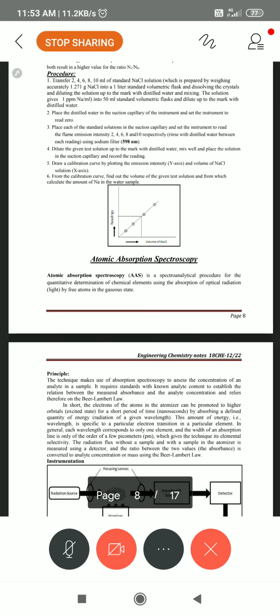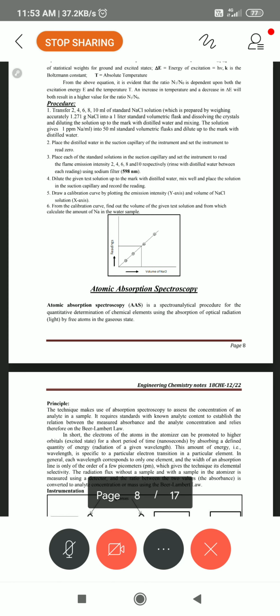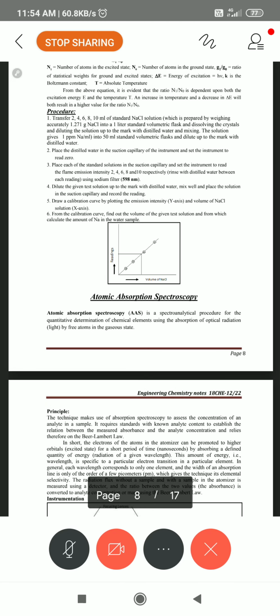The result is very exact for us. So at the time, we can do it. Draw one line by hand to join the points. The unknown solution you mark on the y-axis; it comes across the calibration curve. Corresponding to that point on the curve, draw a dotted straight line towards the x-axis. That gives that many ppm, that many milligrams per liter, which is nothing but ppm. So that you will get it.